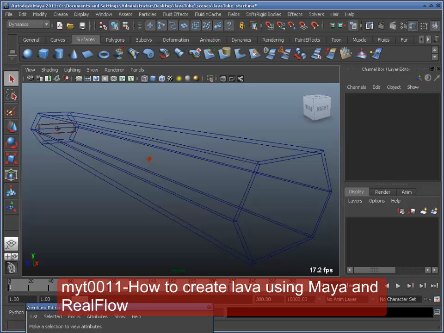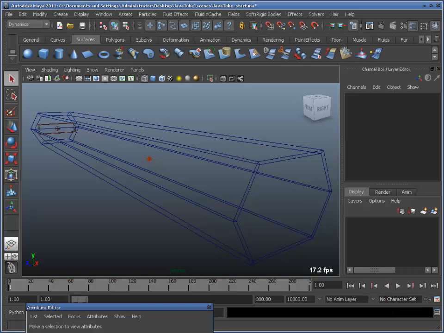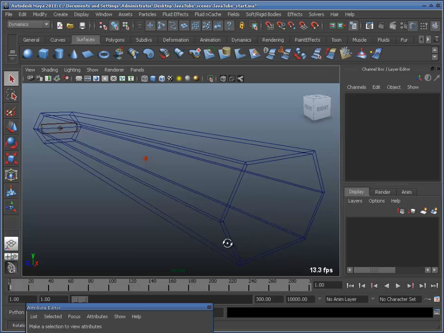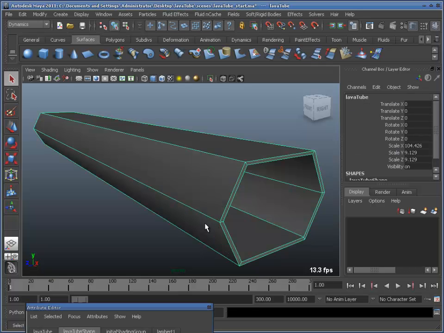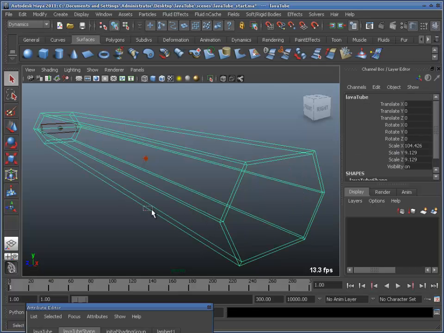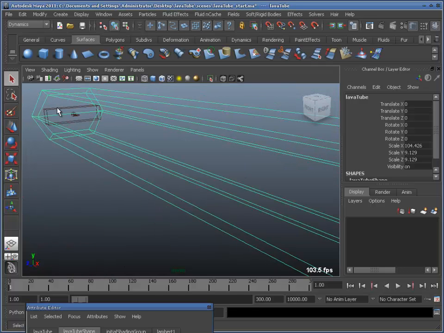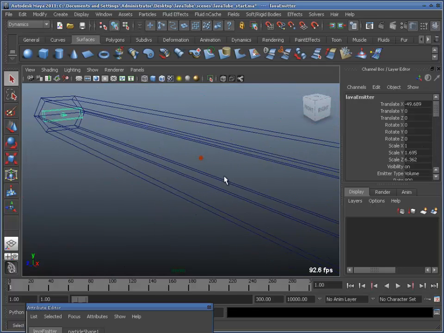In this lesson, we'll create lava from Maya particles, Maya blobby particles, as well as we'll use RealFlow later to generate lava. So let's get started. Here I have a simple lava tube. Lava will be coming out of this tube, okay, and one volume emitter here, and